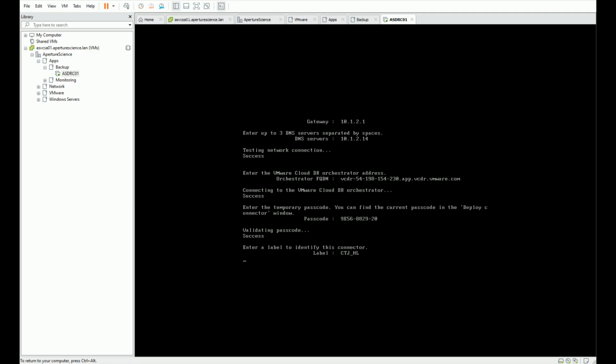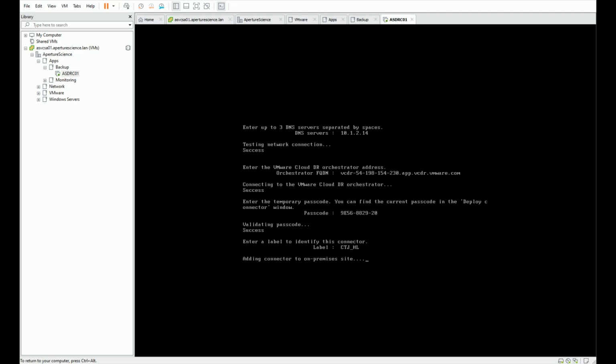There are certain cases where you'll want multiple connectors at a single site. One of them would be if you have maybe two HA clusters in your vCenter environment that have different storage attached to them. You can deploy one connector in each of those HA clusters so that the connector is able to directly attach to that storage and you're not having to pull over the network, being one good reason. Another good reason might be multi-threading connections into the cloud. So having multiple streams replicating to the cloud at the same time will of course help with